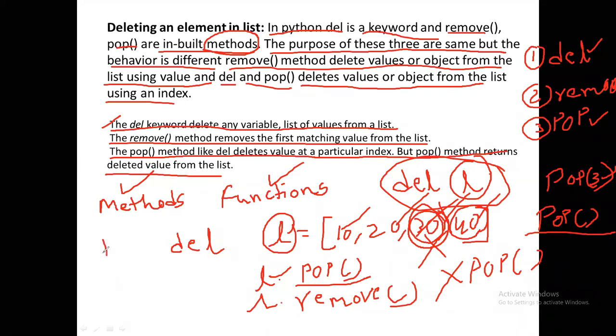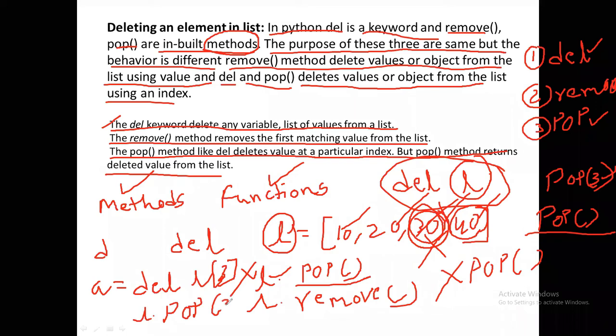What it means is, if I assign a equals del of L of 3, now it is an error. Why? It does not return any value. Instead of del, if I use pop, L dot pop 3, now it returns the value, and the deleted value is assigned to a variable a. Okay,